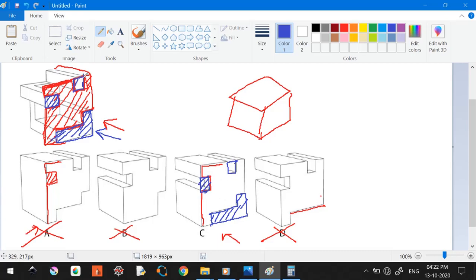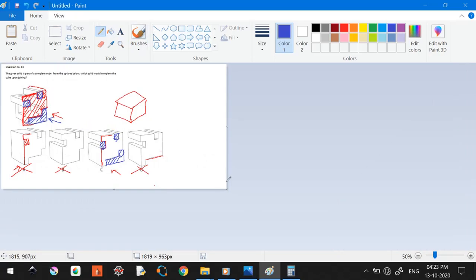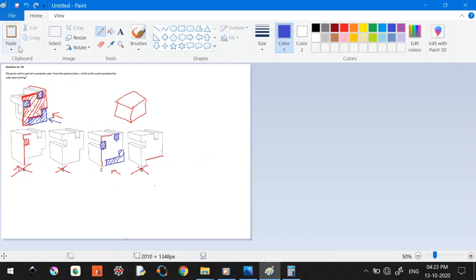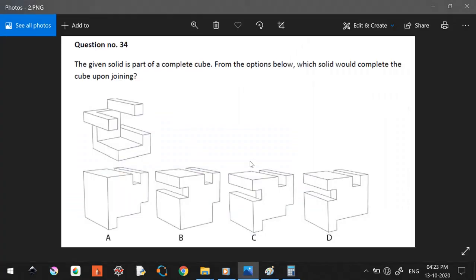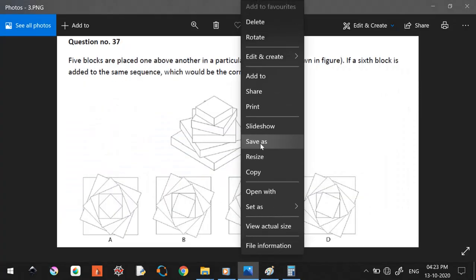So the available part here is blue dashed, hatched. So the same missing part should be hatched. So like that you can verify actually. So I think this is clear. I don't call it a shortcut, but an easy way of solving this. So yeah, let's move to the next one. I need to rush.